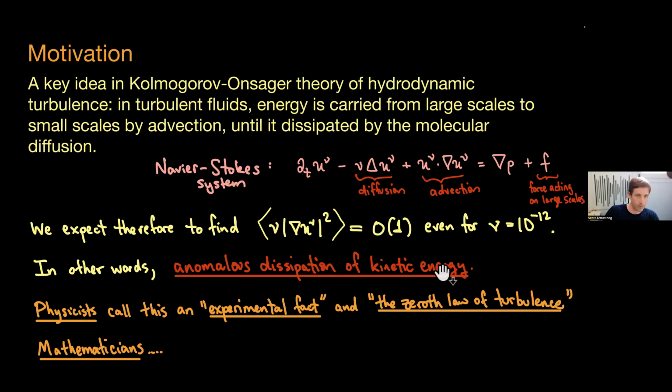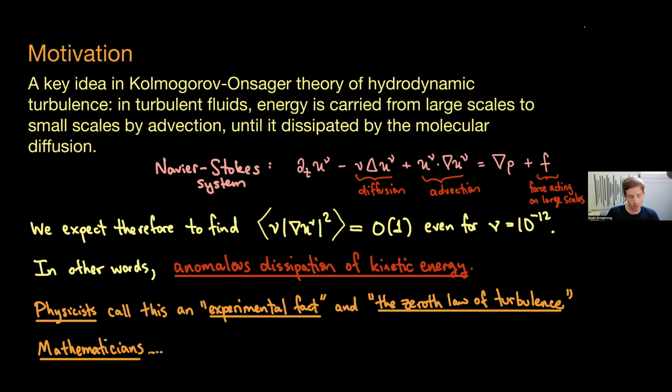Anyone who's begun to study Kolmogorov's theory of turbulence knows that this is true. The physicists think it's obvious. Maybe there are physicists in the audience who will tell me, yes, this is very obvious. It's been experimentally verified, numerically verified, and it's sometimes called the zeroth law of turbulence. Of course, if you could prove something like this, then you could look at the first coordinate of u and you would have it for the scalar equation. You can forget that the velocity field is a solution of the Navier-Stokes equation. So this is a harder thing to understand than the scalar equation.